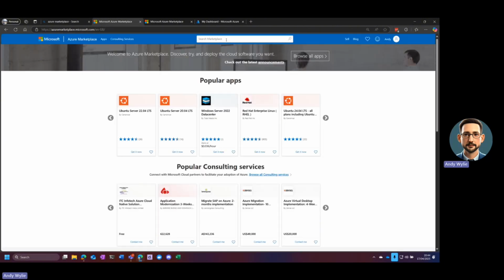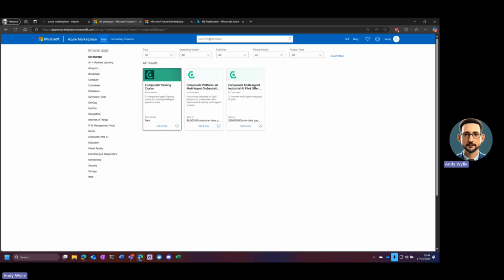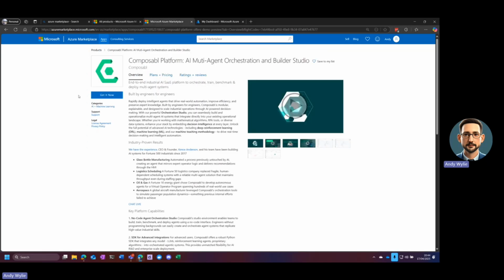So this is where you can procure anything that's published on the Marketplace, and Composable's offers are all on here too. So click on the Search Marketplace button at the top, type in Composable, and hit enter. One that we're going to be going through today is the AI multi-agent orchestration platform. Click on the button and it will take you to this screen here